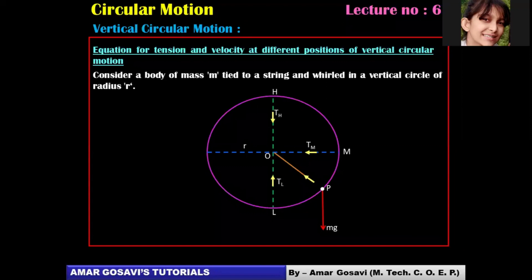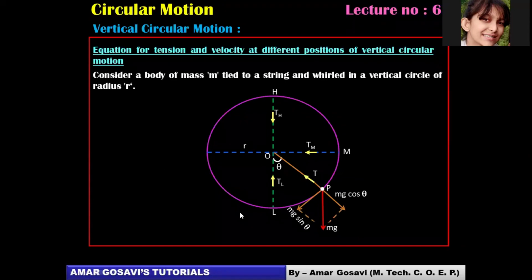This is the direction of the tension in the string at position P. Say it makes angle theta at the center. So let T be the tension at position P in the string. If that angle is theta, then we can work out the geometry, and from there you can resolve mg into two components. The adjacent component will be mg cos theta, and the perpendicular component will be mg sin